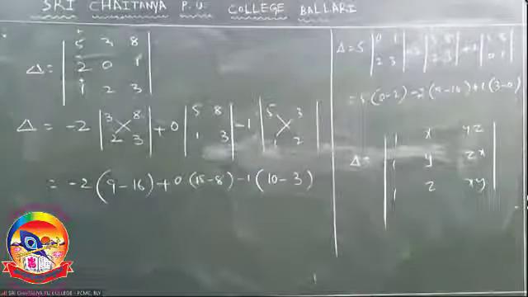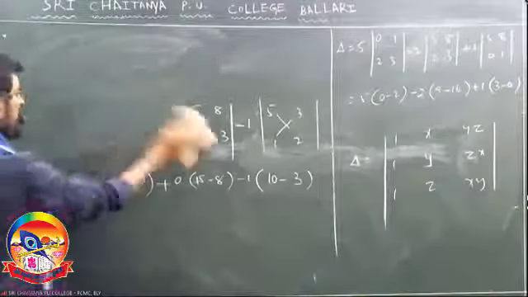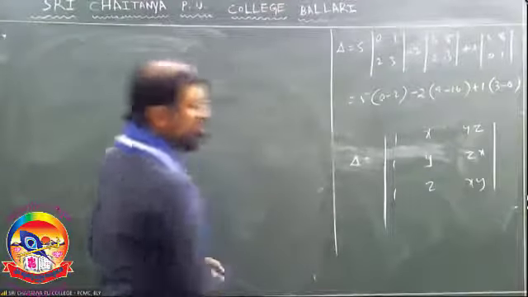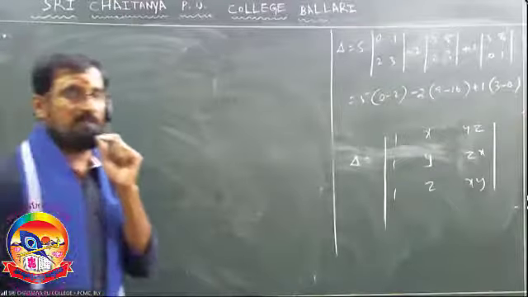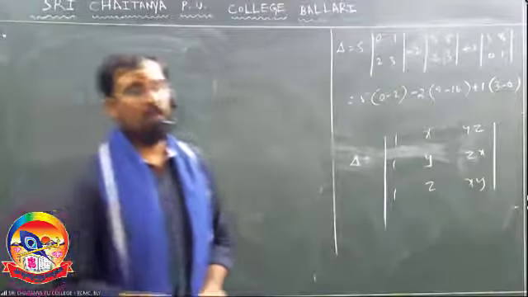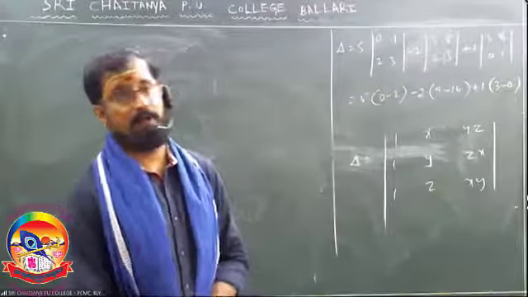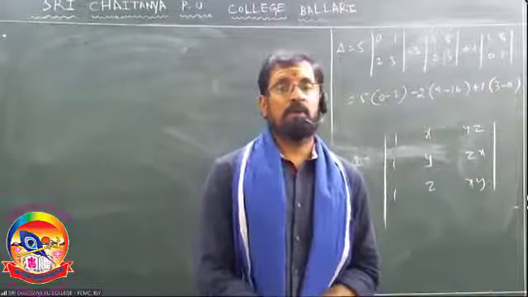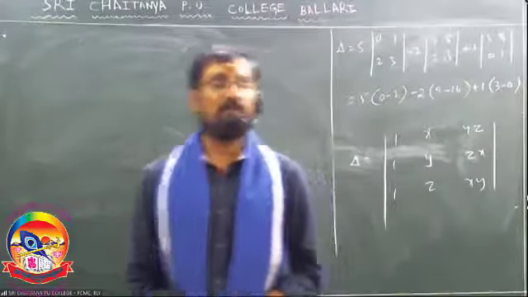So, shall I discuss the shortcut method for this? Even you can use it for your PU also, nothing to worry. Already we have done the row operations or column operations in your previous chapter on matrix transformations. Now, by using those row or column operations, you can do this very easily and effectively, right?